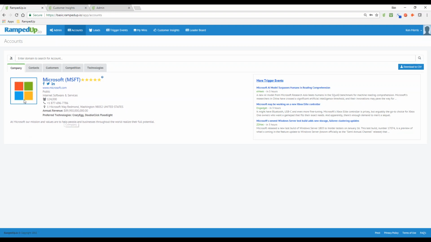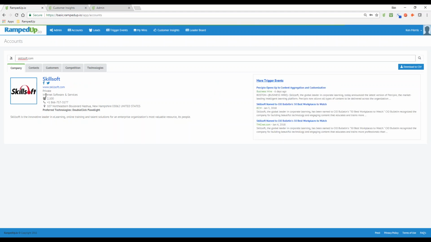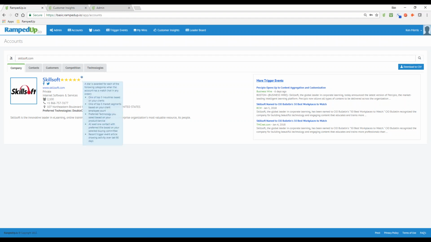Microsoft, this is just a default account. We could enter a company URL, hit enter, and the firmographic details for that account are pulled for us and consolidated, and include the company name, social presence, and some other specifics related to that account, as well as on the right side of the screen, just some recent news articles related to the company, and we'll talk more about that. But also here you see 5 stars, and this is a predictive scoring that we use,